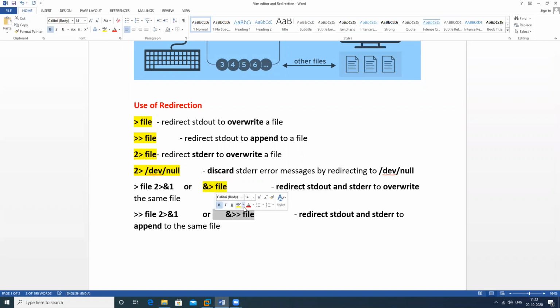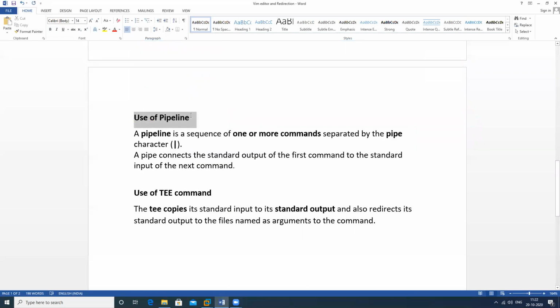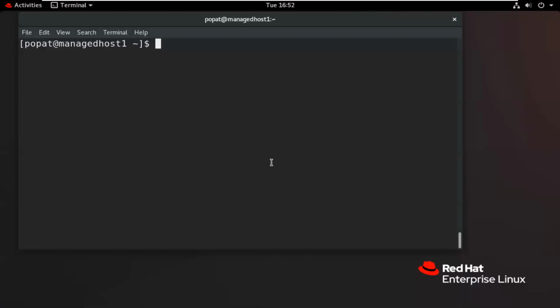So I will show you what is the use of this particular sign. Suppose cat /etc/passwd, as cat is used to view the content from the file.